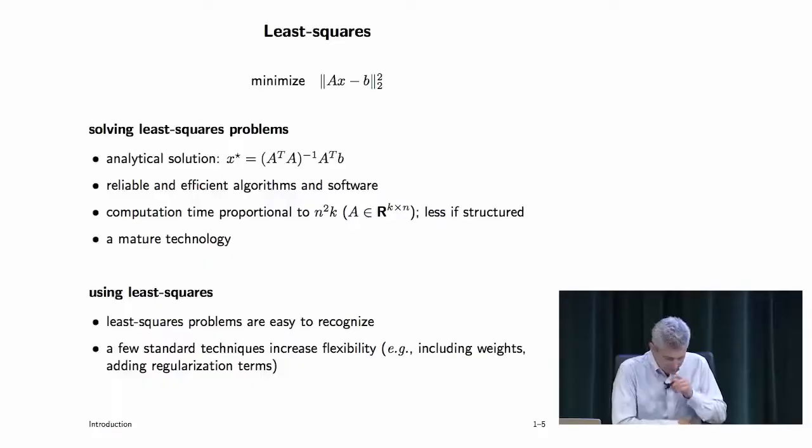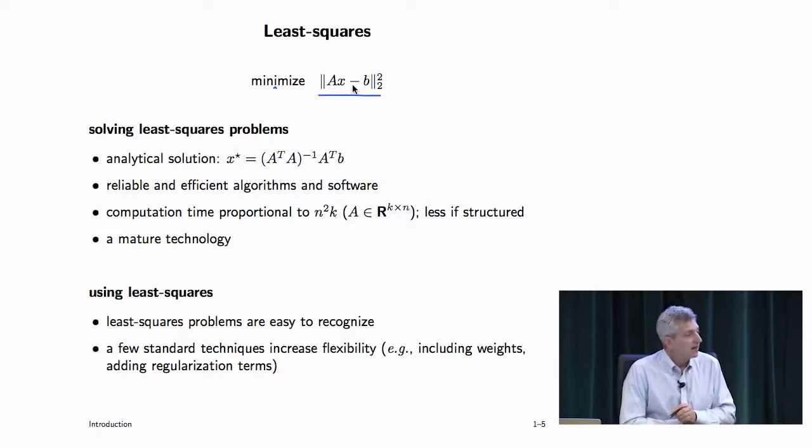So let's look at least squares, just to see what one of these things looks like. It's a very simple problem. It says minimize the 2-norm squared of Ax minus b. The variable is x. By the way, that's part of it: you have to say what the variable is. Then A and b are data or parameters, meaning they tell you what a problem instance looks like, and you have to specify A and b before you have a problem instance, and then you solve it.